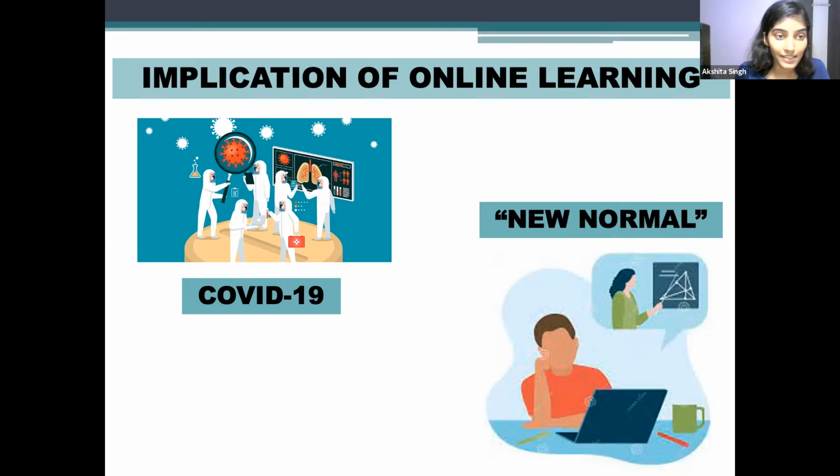The COVID-19 crisis has forced education systems worldwide to find alternatives to face-to-face instruction. As a result, online teaching and learning have been used by teachers and students on an unprecedented scale. So, as with most teaching methods, online learning also has its own set of positives and negatives. Starting with the positives or advantages of online learning, it provides efficiency, of course.